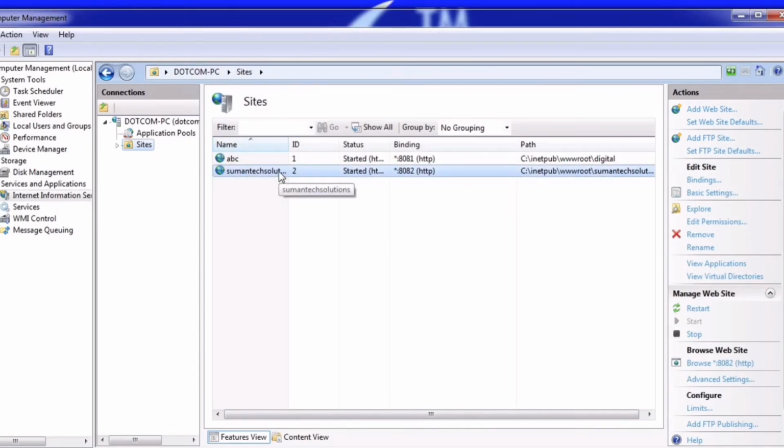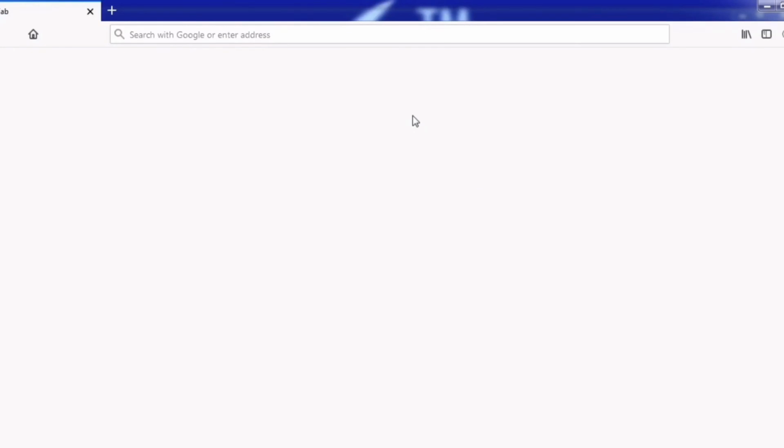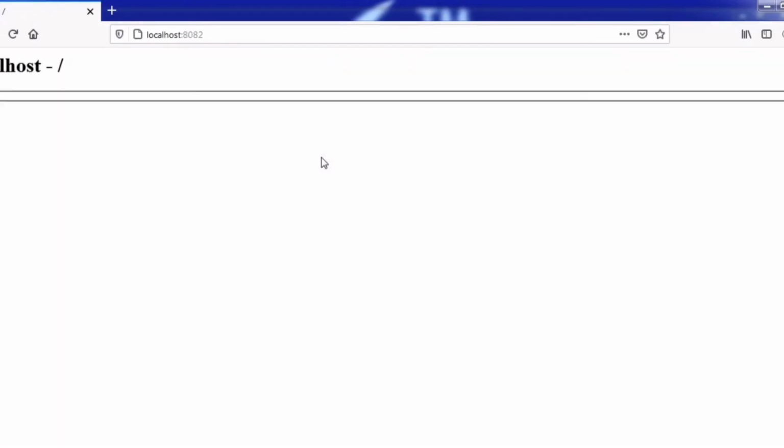After that, this folder has been created. So now this is the URL of the folder that we have created, that is localhost:8082 with HTTP. Now you can see the result that our HTTP file has been created with the help of the IIS server in ASP.NET. You can see the localhost has been created, the service is on. So in this way, you can use the IIS service in ASP.NET.